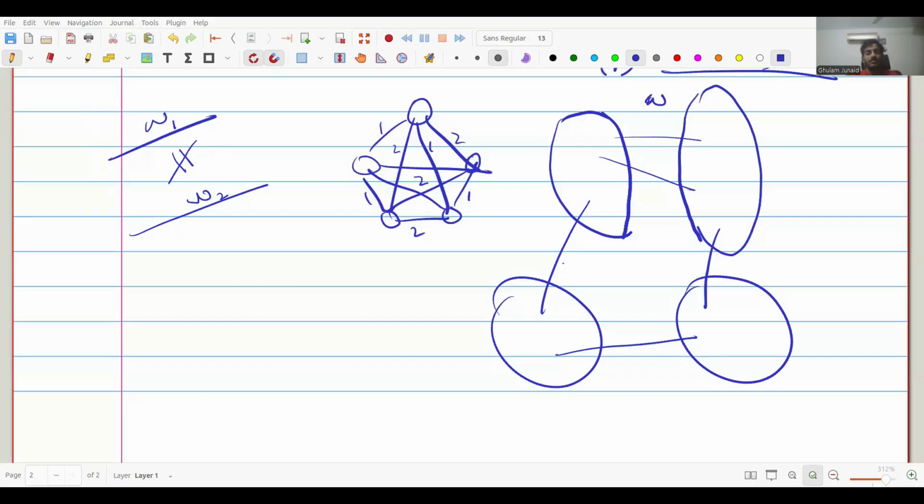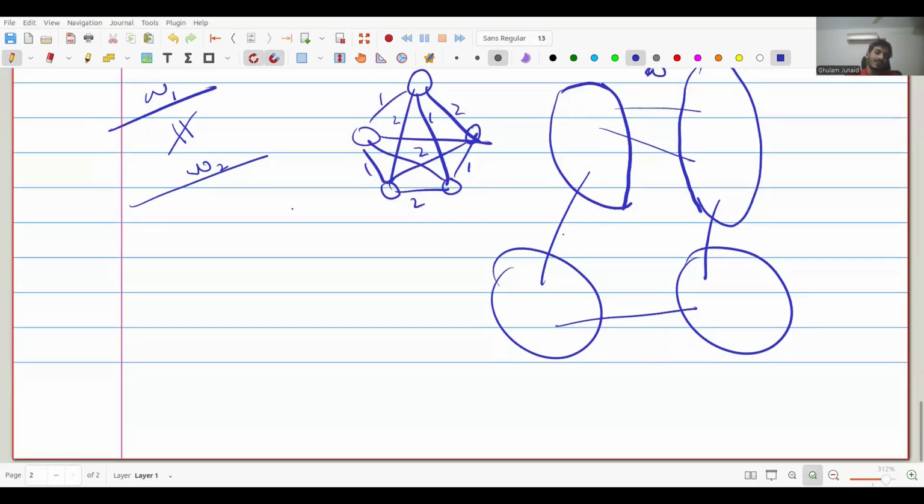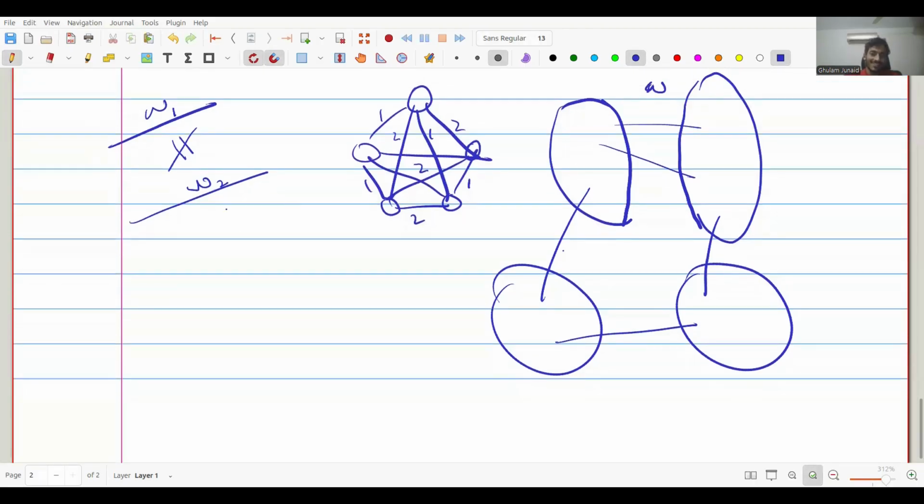Okay, so the answer for this is actually no. Your thinking is, of course, very good. I would have thought the same thing, but this is wrong. So the thing is, in the first MST, we chose the best route, right? And in the other MST, we cannot choose another route